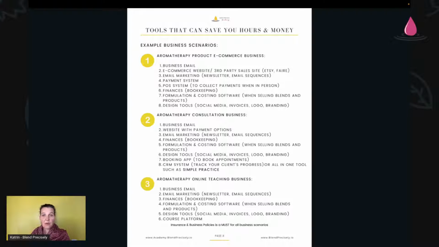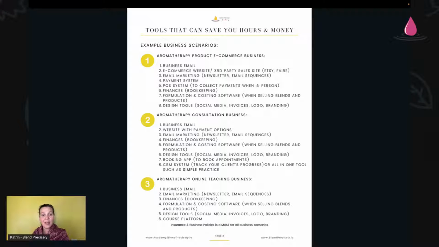You do need to have some kind of a payment system connected most likely to your website, and that is something like Stripe or PayPal. Then when you are actually selling in person, you probably want to have some kind of a POS system, which is point of sale system. So some kind of a card slider, maybe you take Apple Pay, maybe you take Google Pay, but you need to think about that as well. Then number 6, finances. As soon as possible, you want to start with either QuickBooks or FreshBooks. There are different finance systems. Get a bookkeeper or an accountant who can set you up correctly, and then you can do it yourself if you wish, and if you have the time.